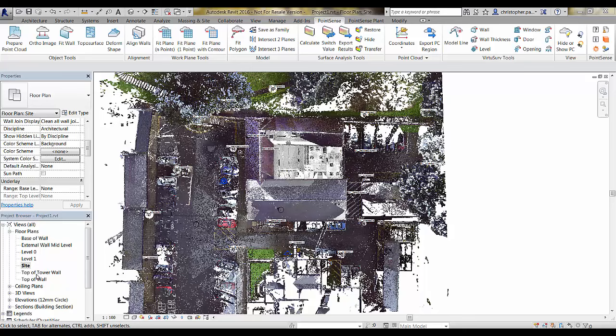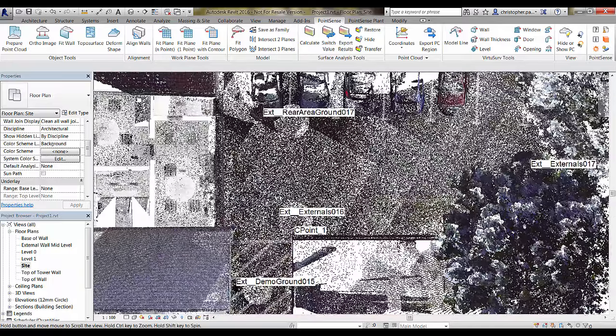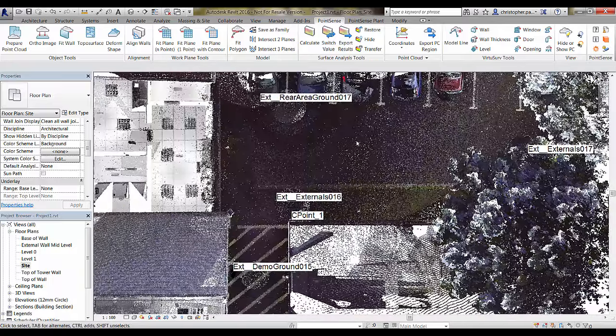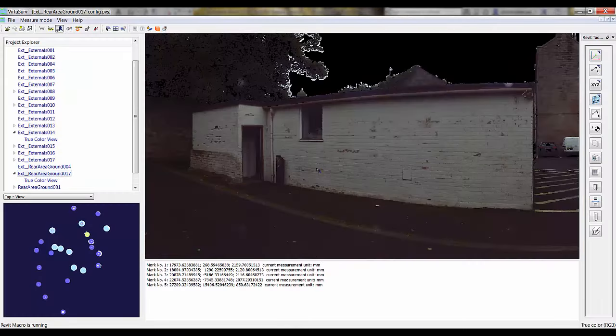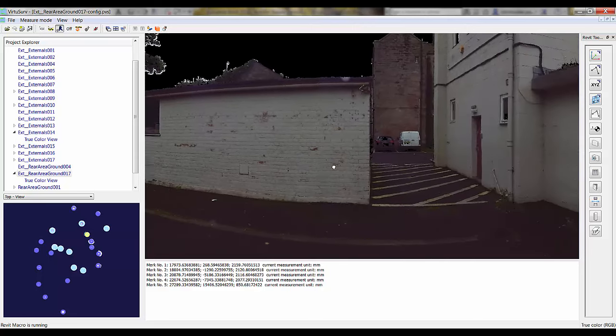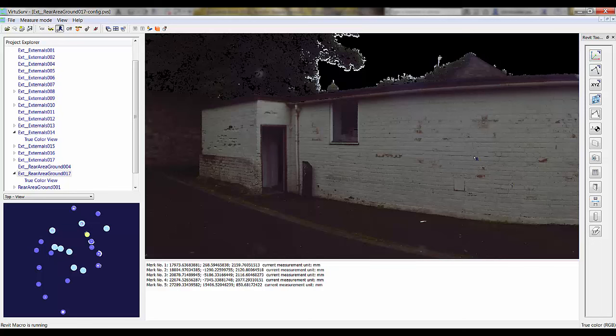So one other feature we have is the ability to put in a continuous wall. So just back on the site plan here, if we go and find another area to look at, I'm going to open up this rear area ground 17 scan in VirtuSurv. So just navigate to that in the Project Explorer. There are occasions where you might not have a scan inside the building to determine the wall thickness of this wall. So in this particular instance, I'm just going to drop 2 levels in, one at the bottom of the wall and one at the top of the wall,